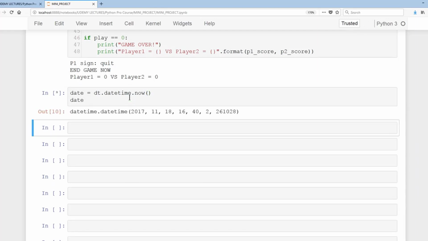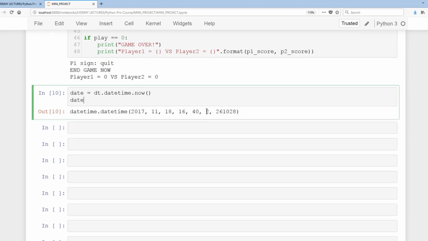Then I do dates. As you can see, we have the year, the month, which is November, the day, the hour, the minutes, the seconds, and the microseconds. So we don't really want the microseconds, that's a bit excessive. So what we can do is, if we do dot tab and st, we get strftime and time. So what we can do here is actually the same thing, strftime, and we'll just